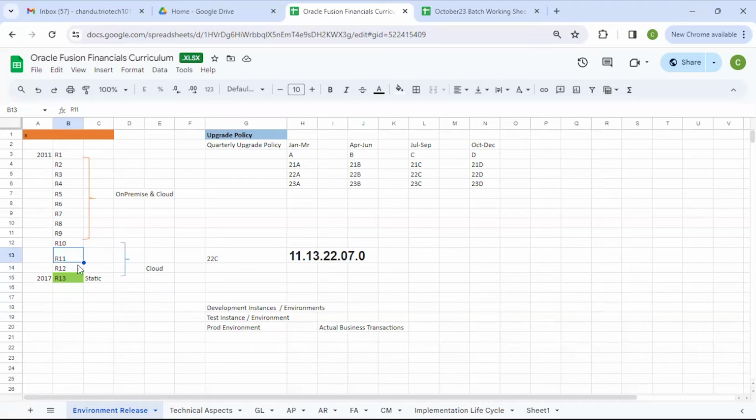Since release 11 onwards, release 11, release 12, they came up. And then currently, what we see in the Oracle Fusion application is release 13. The latest or ongoing release is release 13, and it was first rolled out in 2017. It is believed to be the most stable release. Why is it called stable? The reason being, it is believed to be the most advanced,